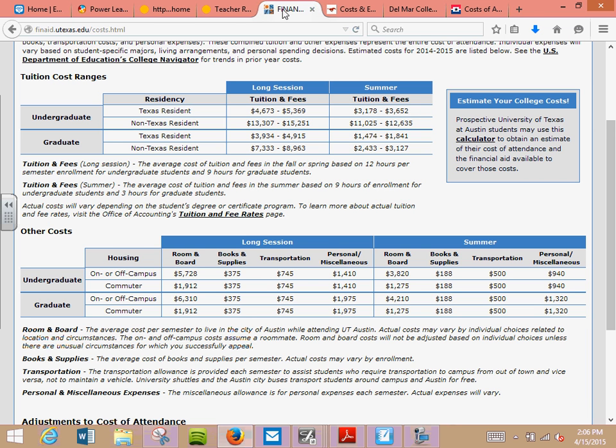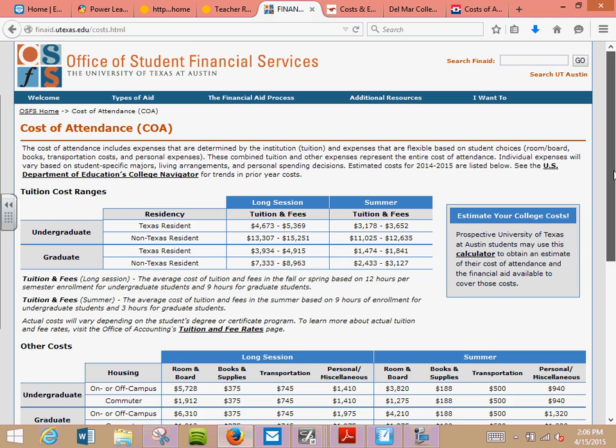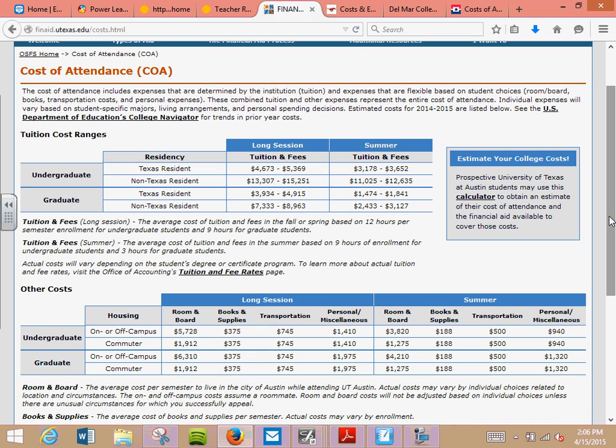There was another college at UT, I believe. Yes, University of Texas in Austin. Undergraduate, the tuition ranges from $4,000 to $6,000, so that'll be about $10,000 a year. Compare that. This is UT, one of the best ones in the state. UT costs $10,000 in tuition for one year, whereas SMU is 64. Well, it was 48 for one year. There's a huge difference. So it depends where you want to go and admission, of course, and what you do to get in there.